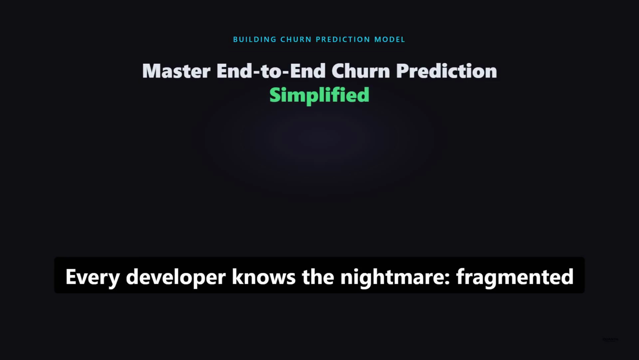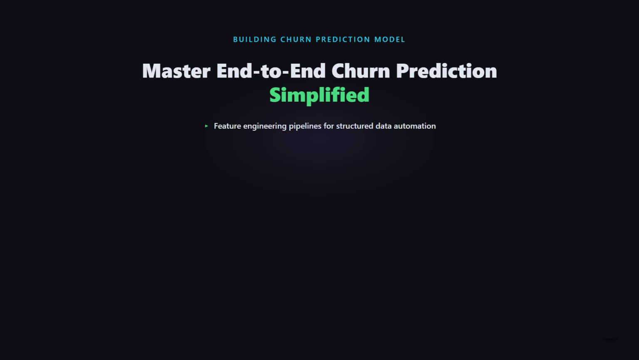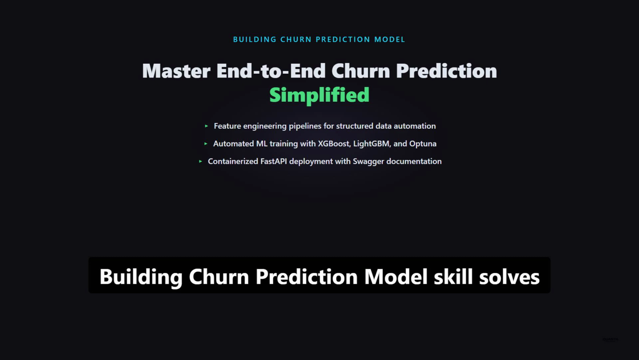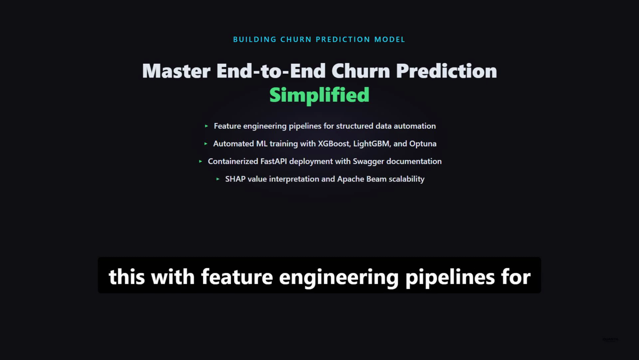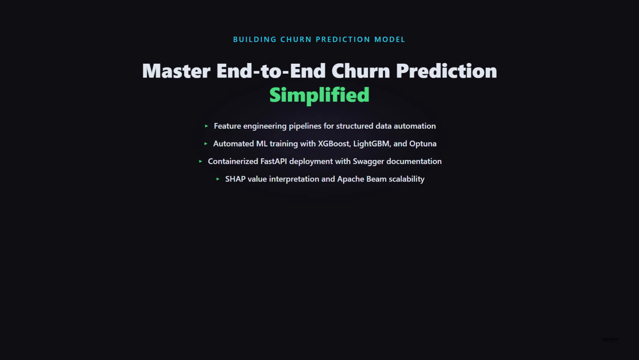Every developer knows the nightmare. Fragmented workflows, inconsistent data, and deployment chaos, all while churn silently eats away at your user base. The building churn prediction model skill solves this with feature engineering pipelines for structured data, automated ML training with XGBoost